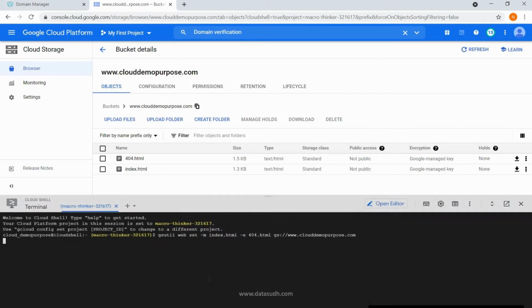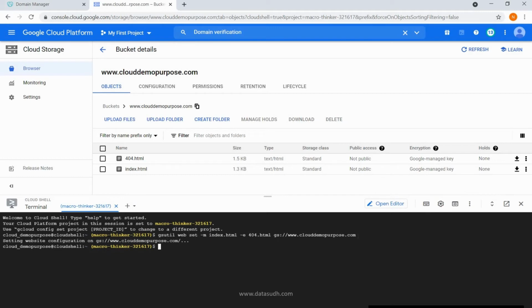Click on Authorize. So my website configuration is set for this folder. I can also view it with the web get command.